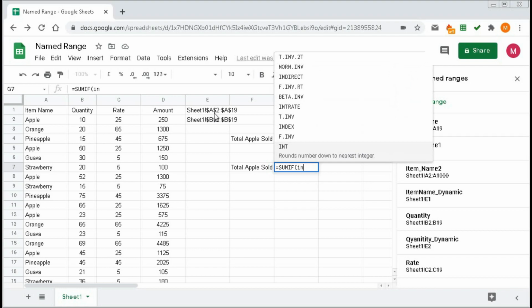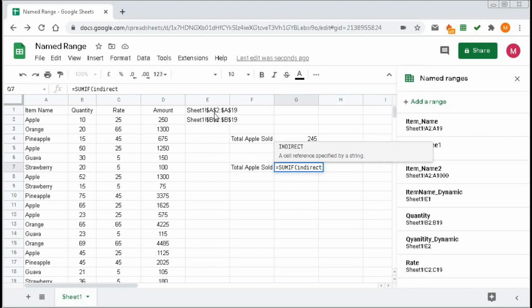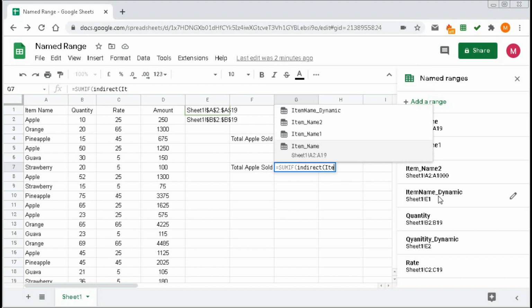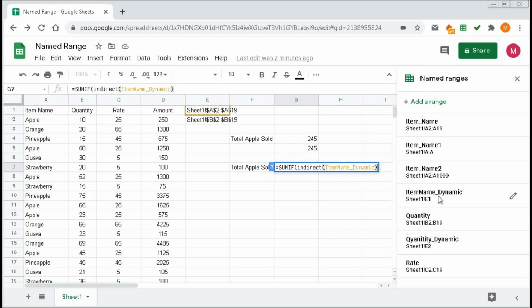So INDIRECT, bracket open, now give the name item name underscore dynamic, bracket close for INDIRECT, comma, now our criteria will be apple in double quotes, comma, now our sum range will be the quantity.